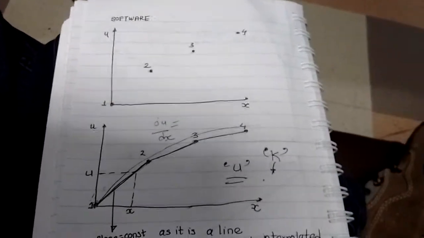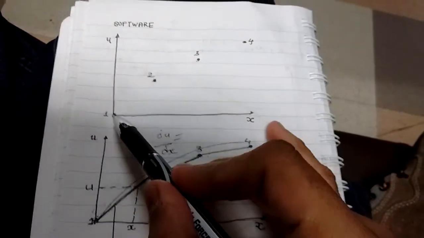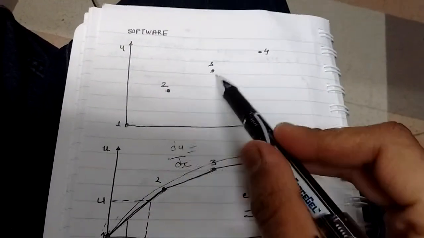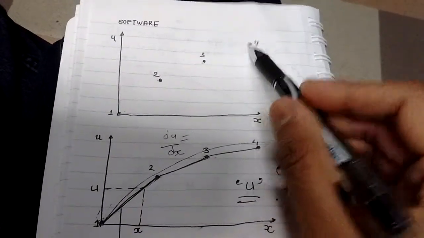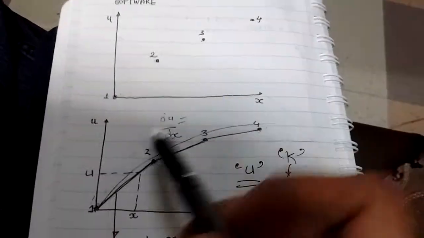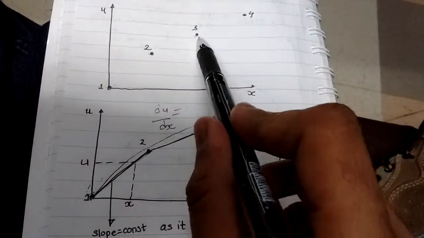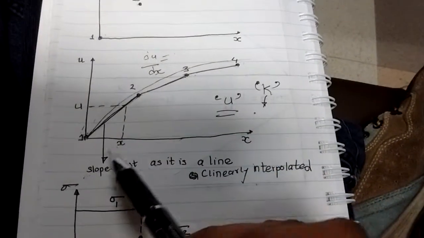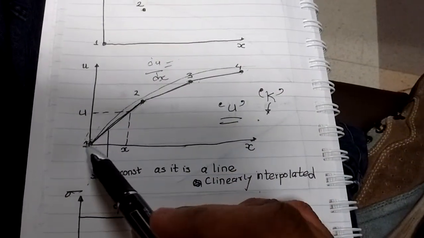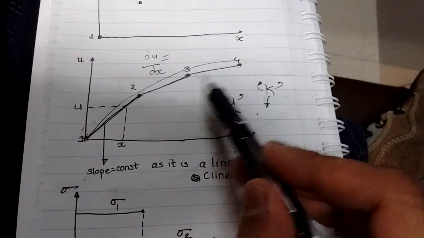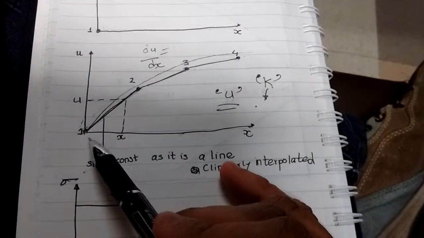So as we basically saw what FEM software does, it will find the displacement values at these 4 nodes. Like these are 3 elements, so at 4 nodes it will find the values for displacement in the u versus x graph, and then what it will do is to find the in-between values for the displacement along the length of the bar. It will just interpolate, right?